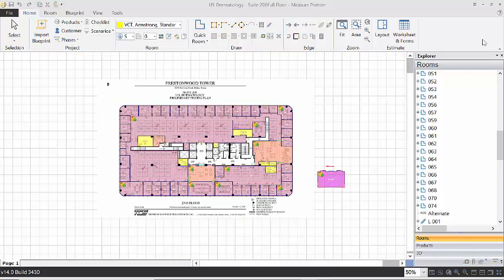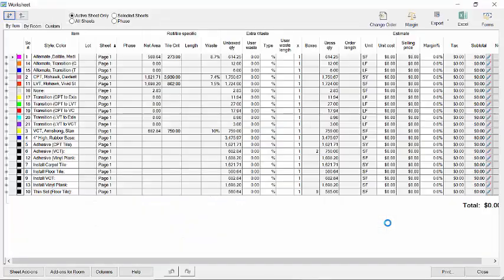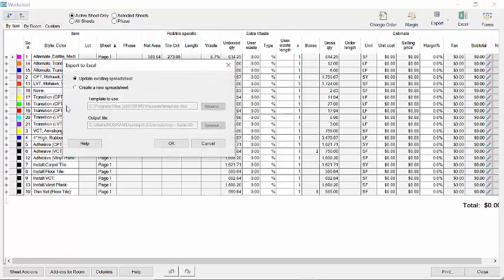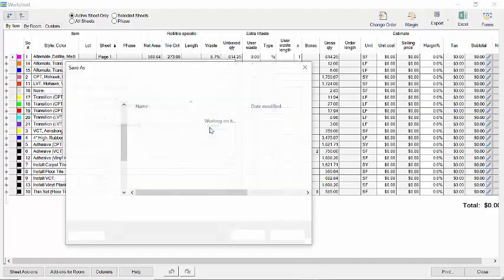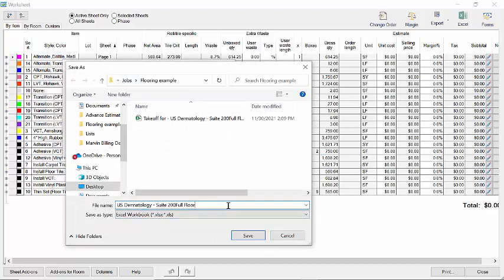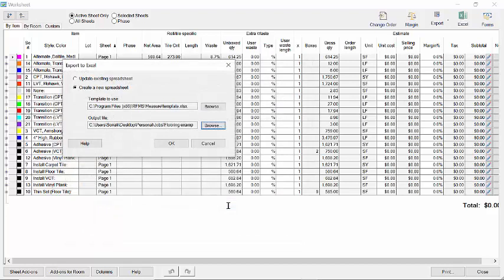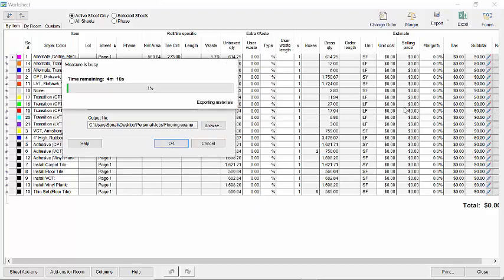So now all we need to do is go into this tab and we have all the information that we need, and we can simply export everything to Excel. So we can create a new sheet, we can put it where we want, and just wait for it to save. As you can see, the software will give you a gross quantity and also a net quantity, which is without the waste.